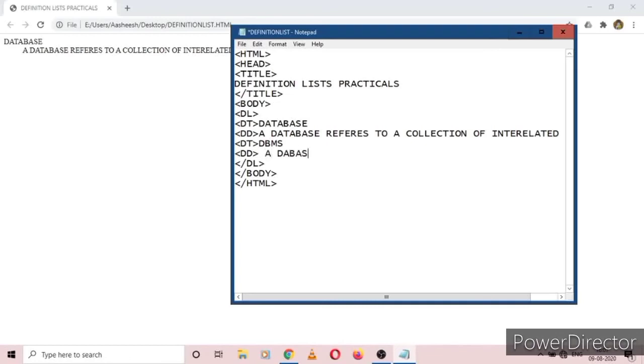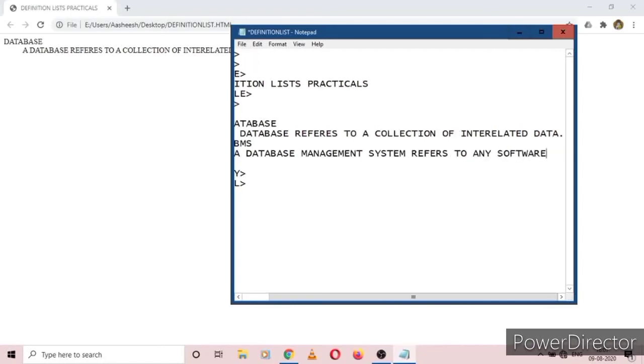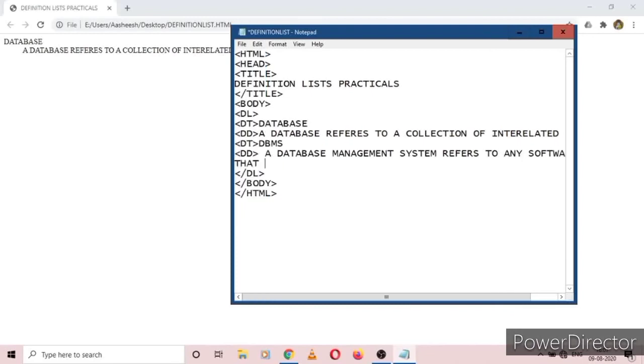A database management system refers to any software that helps a user to create and manage a database effectively and efficiently.